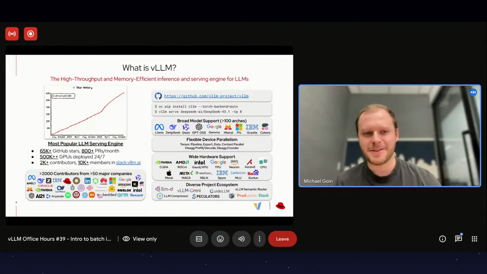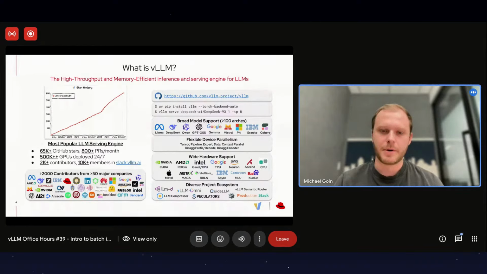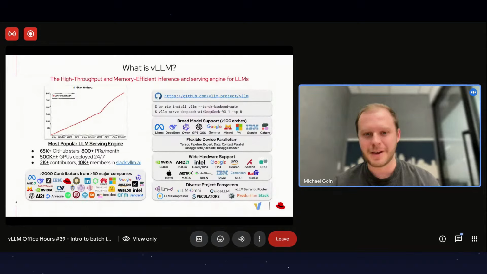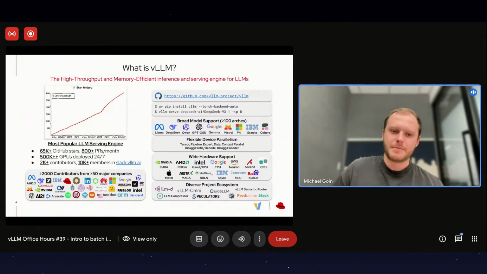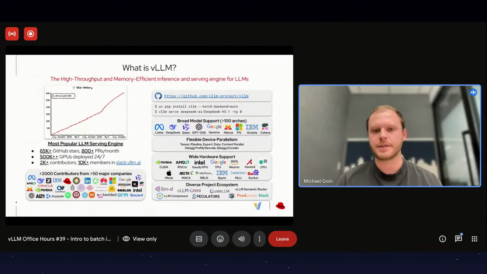Now 2,000 contributors, and tons of members in our Slack and developer forums. It gets its power because it's an Apache 2.0 project, with contributors from many different companies. We're part of the PyTorch Foundation and work really closely with Meta and PyTorch folks